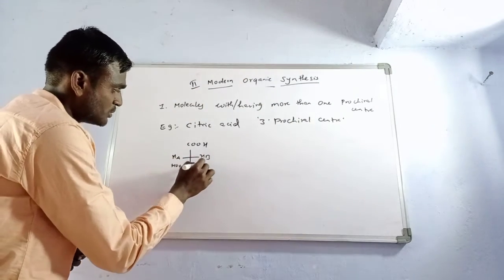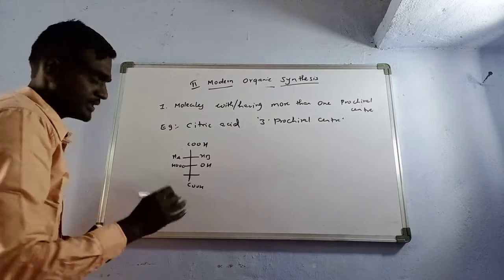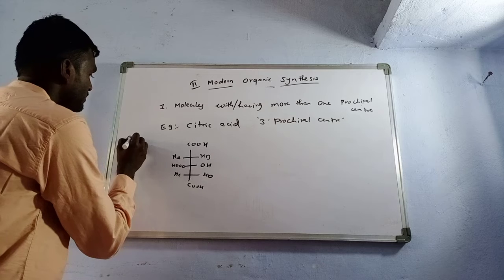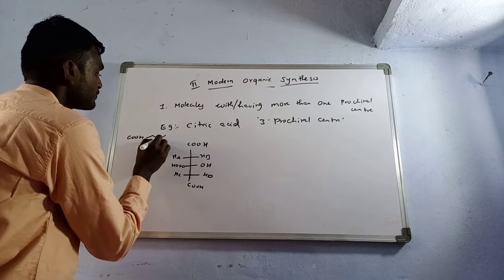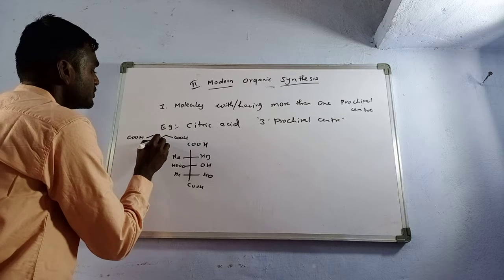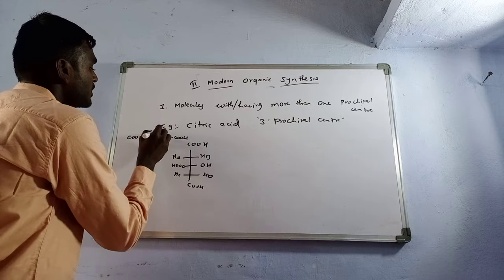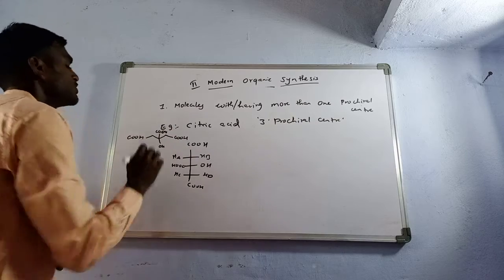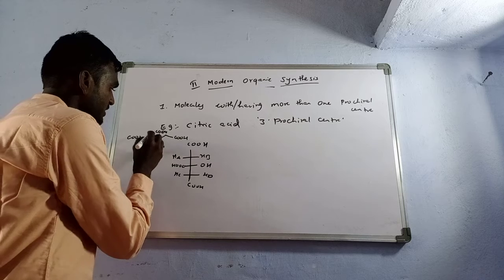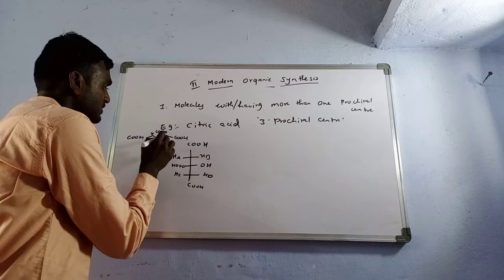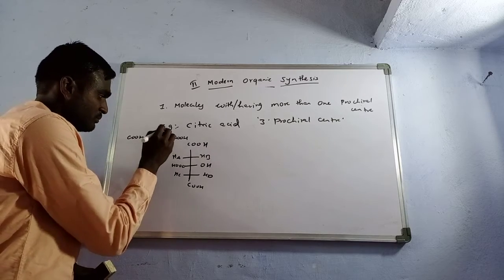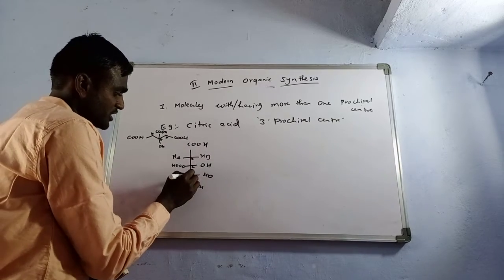We are taking this acid group, and this is the OH group, and here the labeling is HC and HD. If we write this molecule, it is CH2 and CH2, with an acid group over here, COH here, and the OH group here. This is citric acid, and now I am selecting the three prochiral centers. This is one prochiral center, here is one prochiral center, and this is also one prochiral center.